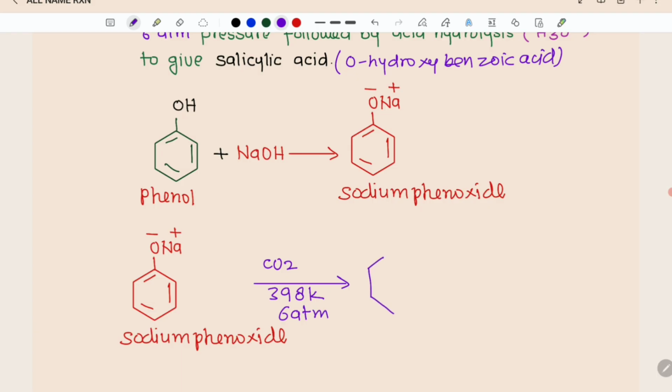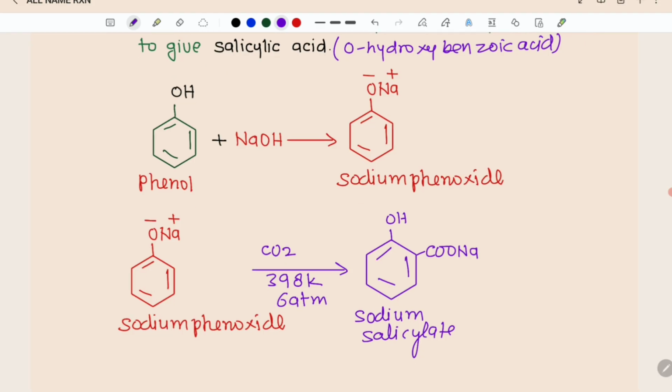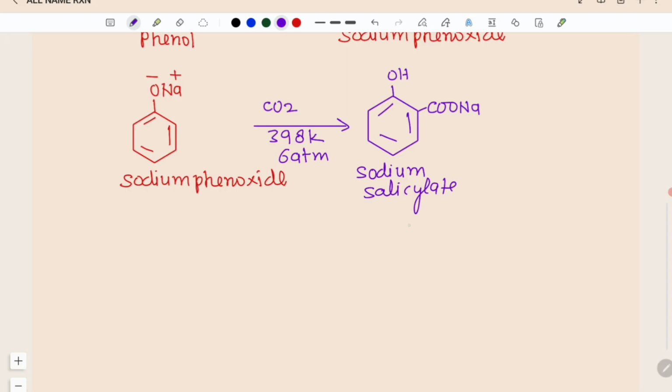So we get a compound named sodium salicylate. This sodium salicylate on acid hydrolysis